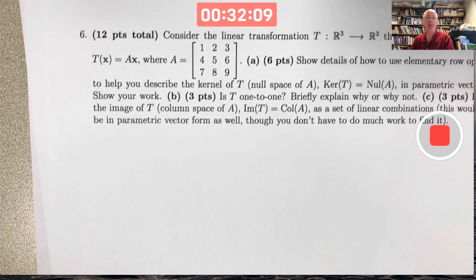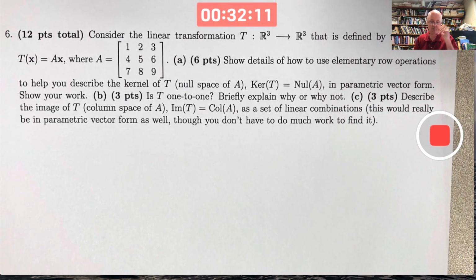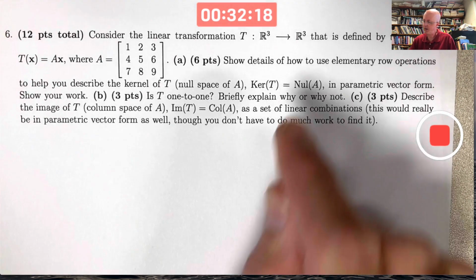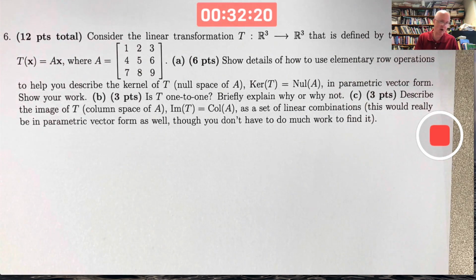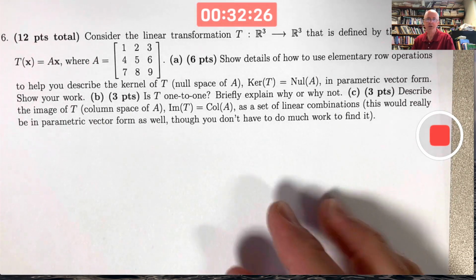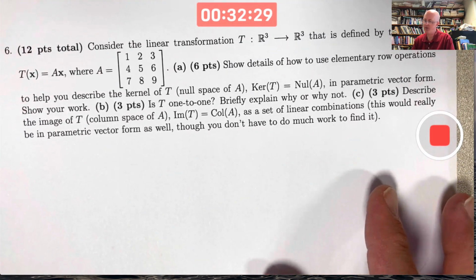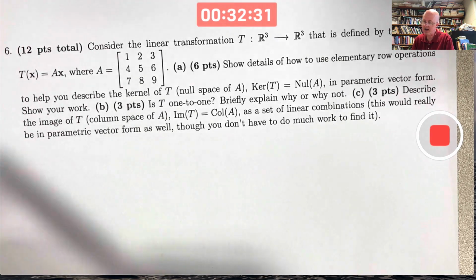All right, 6 here. Now we're going to get into, well, with this problem, a little higher dimensional situation. A linear transformation from R3 to R3. Though the next problem is going to be back to lower dimensional, but then the final problem is going to be higher dimensional again. Linear transformation from R3 to R3 defined by the formula, T of x